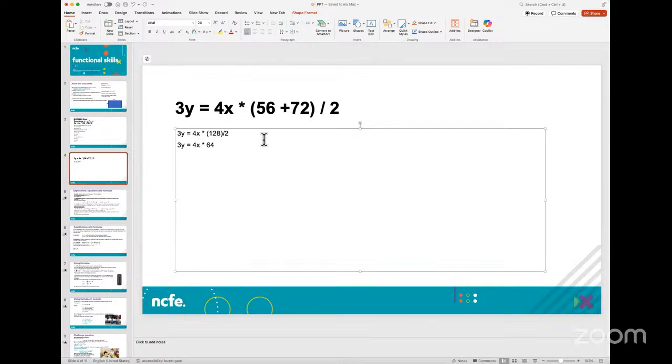So what I'm going to do in this case is look at solving this particular equation by multiplying. So 3y equals 256x, because I multiplied 64 by 4x, and that will become 256x. Now, how do I isolate the value of y? Because I want to find what y is equal to. So I'm going to say y equals 256x